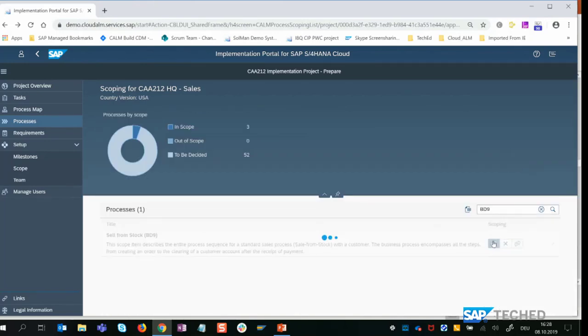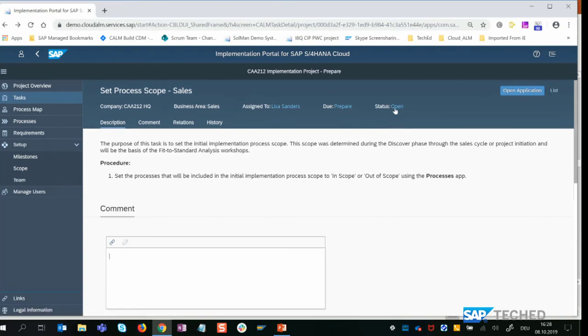For example, BD9 is one of my favorites. And we can say this task is also done. And those are, for a project lead, the major activities for a prepare phase. For sure, there are lots of more tasks for other project members. But let's assume that for now, the prepare phase is done.